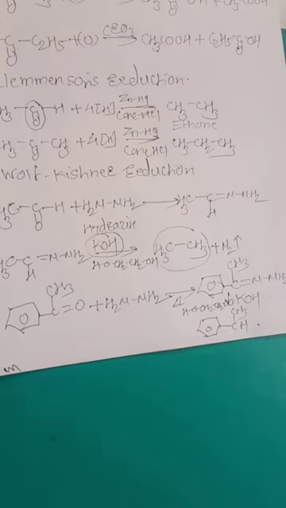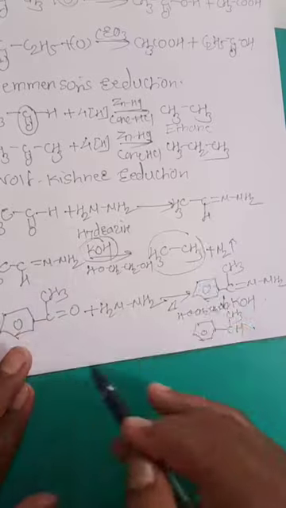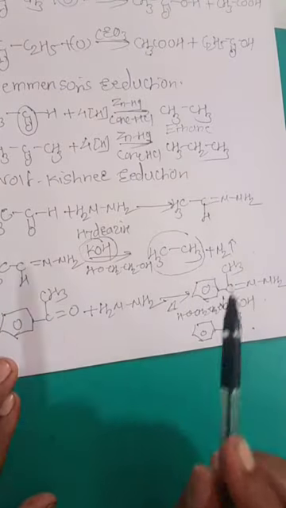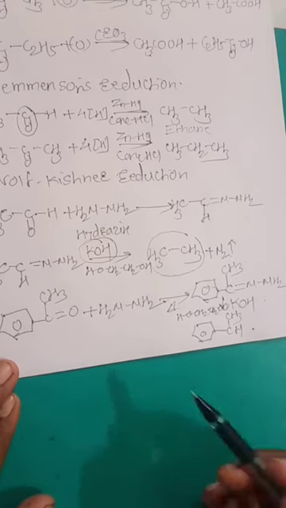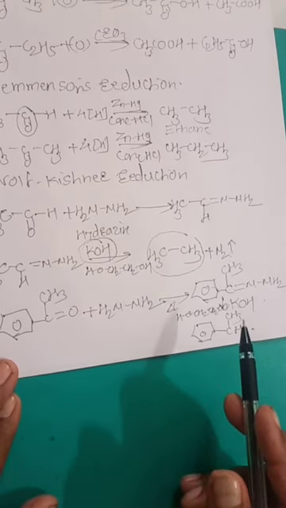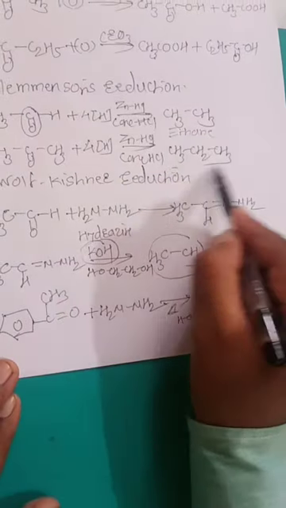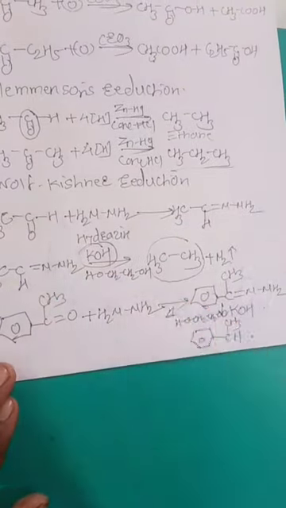So formation of ethylbenzene takes place. So you can take different examples and convert this aldehyde or ketone into hydrocarbon. If the question is asked, how will you prepare butane from ketone, then you have to take 4 carbon ketone and convert this into corresponding